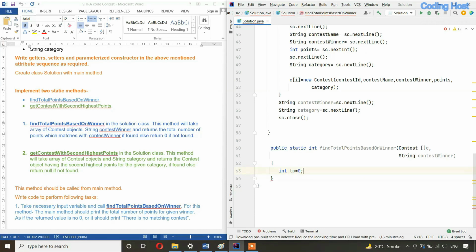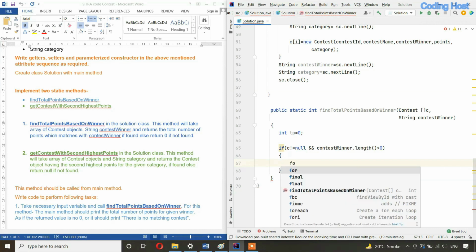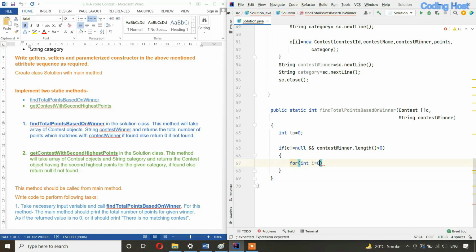After that in this method first I will take a variable int total points equal to 0. So in this variable we will store the total number of points for this contest winner. After that I will take an if statement to check that if these parameters we are taking are null or not. So if c not equal to null and contest winner dot length is larger than 0, and inside of it I will take the for loop for int i equal to 0 and i less than c dot length